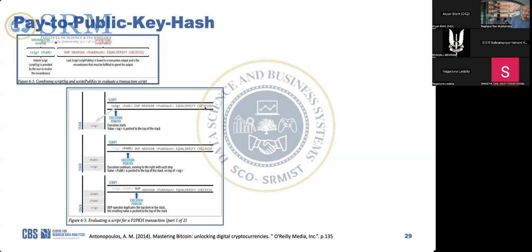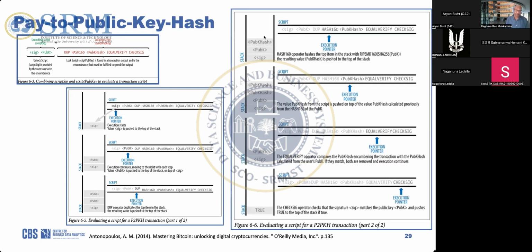The syntax is a bit different. Arvind Narayanan's book uses OP underscore, but here the operations are without any OP underscore, but the script is exactly the same, right? So we execute step by step. We copy the signature here, and we copy the public key here in the next step, and we perform duplication. So now you can see the public key is copied one more time. And then we get to the HASH160, and the public key hash is generated. And when we get to the public key hash,